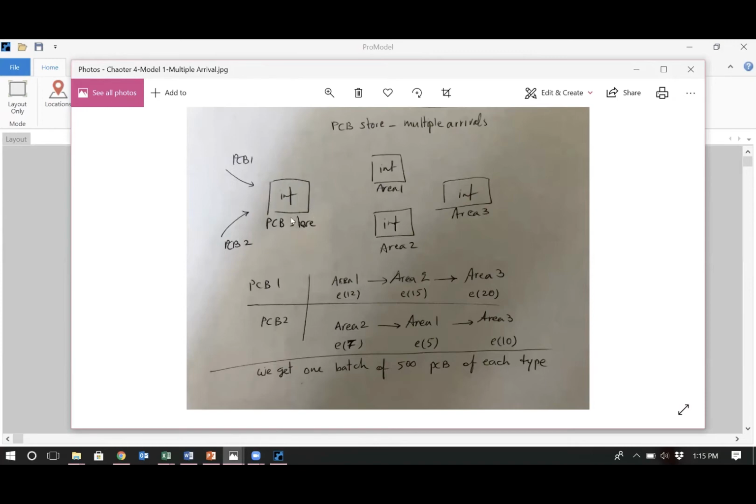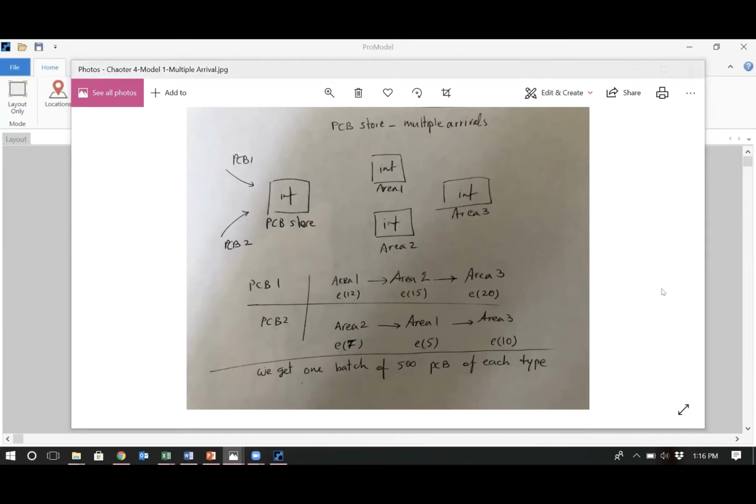We have a PCB store and 2 types of PCBs, PCB1 and PCB2, arrive to the PCB store. After they come to the PCB store, they go through area 1, area 2, area 3 for process. However, the order by which they go through these areas to get processed are different from each other. For PCB1, after going to PCB store, they go to area 1 and then area 2 and then area 3. However, PCB2s, after going to PCB store, they go to area 2 and then area 1 and